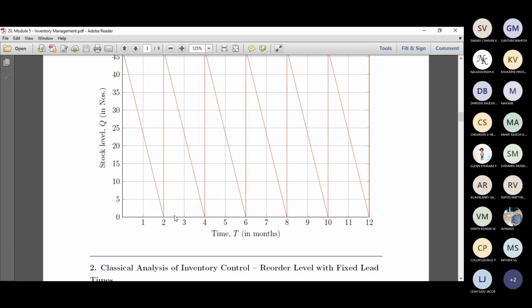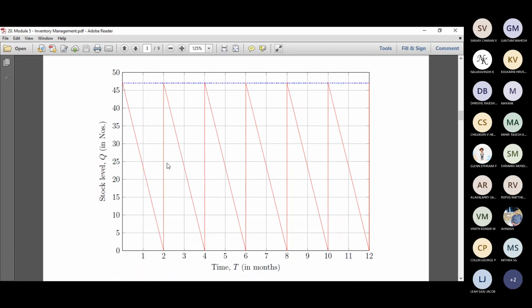Say this is a typical example where replenishment is instantaneous, which means that you don't have to really wait for the new products to arrive. So this is the old stock of 47, and that gets decreased, and at 2 months time it will become 0. Without any further delay, on that day in the second month, we have got our new stock of 47 items. But that is not pretty true. That's highly hypothetical. Sometimes you need some buffer time to bring in the stocks.